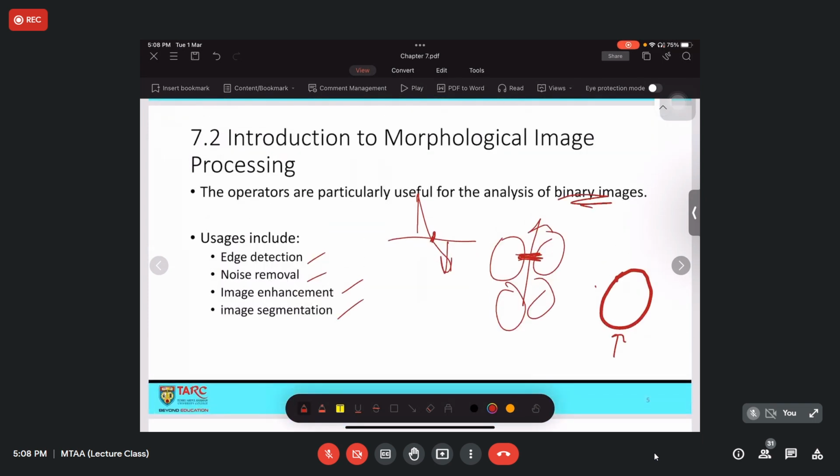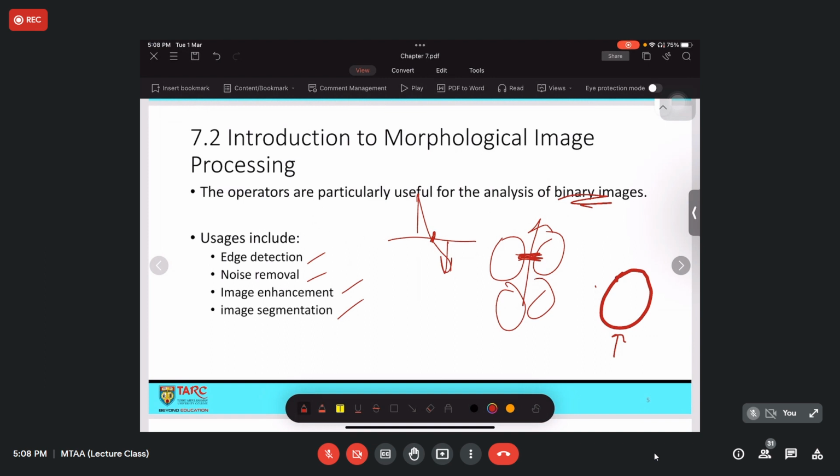Another thing is that we usually perform the morphology operation on binary images, because we need to know the foreground and background. That is why we usually perform it on binary images. Of course, you can perform it on grayscale as well, and it's quite common.